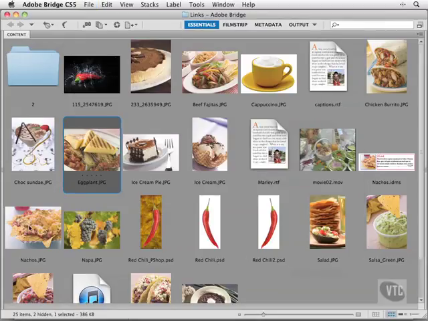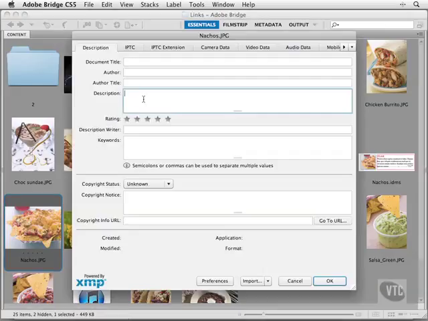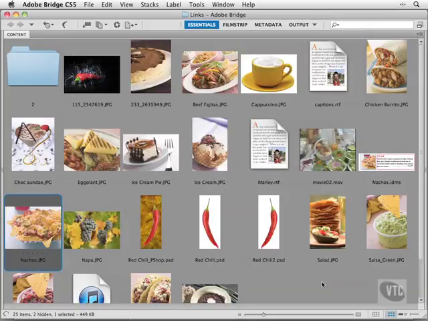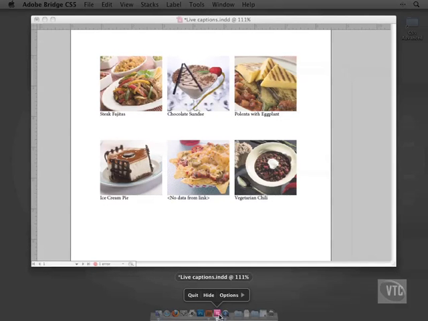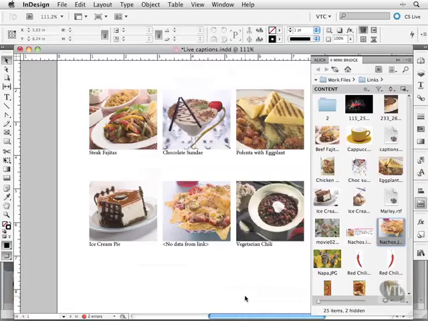I'll cancel out of this. I'll select my nachos and hit Command or Control I, go in here, and here I can just simply type in nachos like that. Click on OK, and there, now that I've applied that, I can go back to InDesign, and